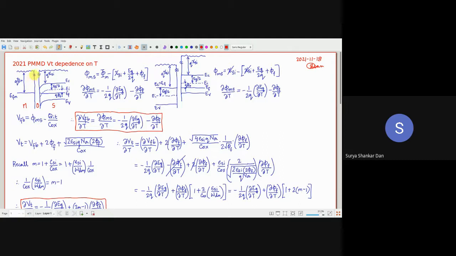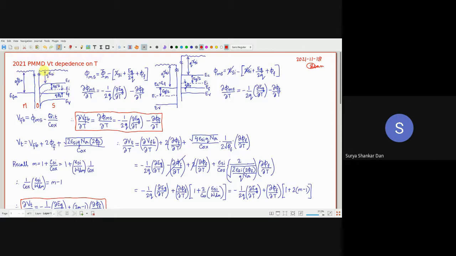I have put these two tilde signs indicating that this is not to scale. So usually this is, let us say, around 1.12 electron volts at room temperature, that is the band gap of silicon. Whereas Xi silicon will be around 4.05 electron volts. So this height should be like 4 times the separation over here. That's why I have put one double tilde sign, which is the standard symbol for not to scale.